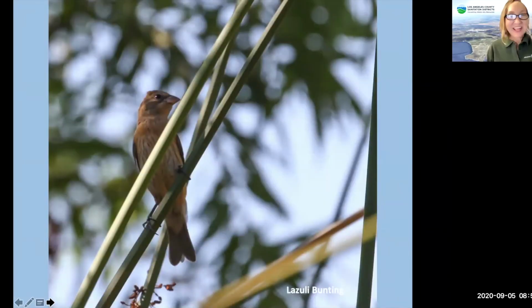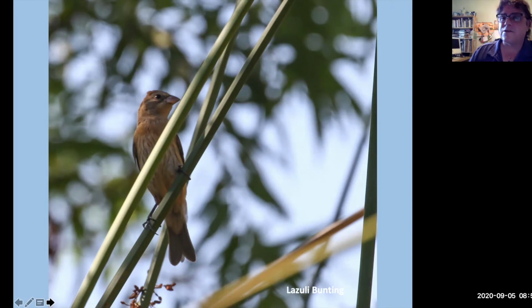Yes. We have a question from Aditi. Hi. He said, how long is the tongue of a fiery skipper? I would say, good question. I have never had that question. So I would say it's at least the length of the body size. So it's probably about 1.5 centimeters long. That's really long.